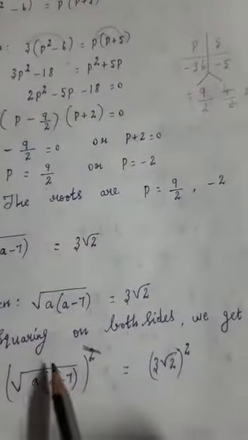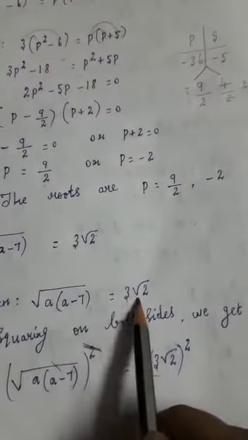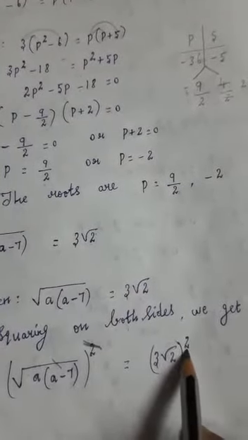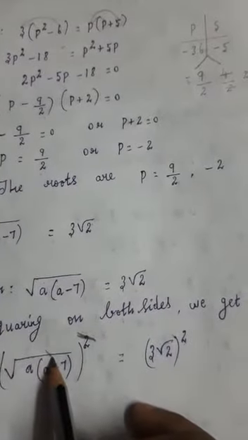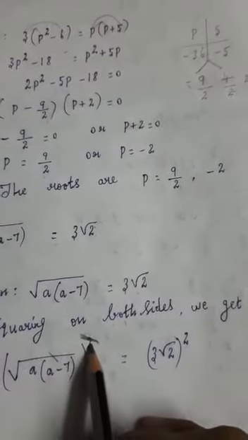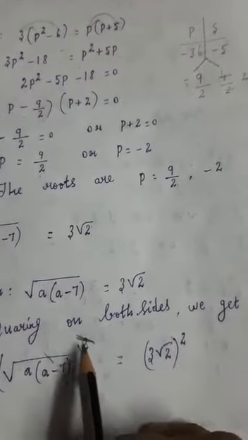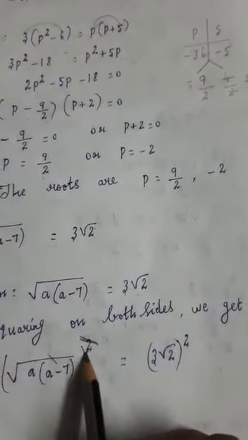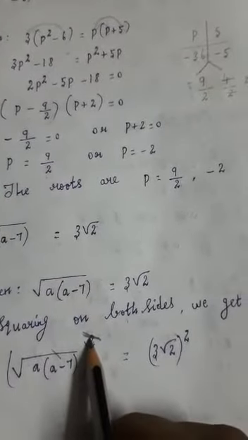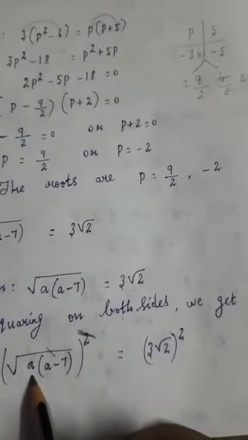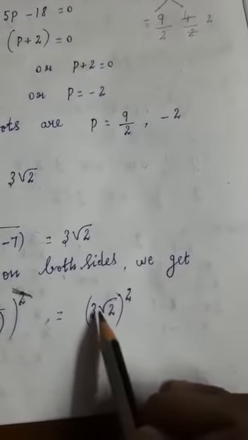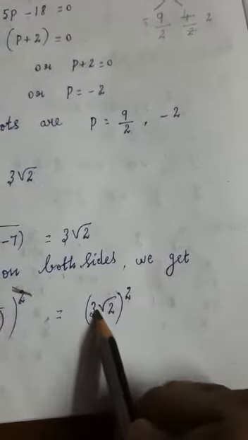Okay, so now this side we make the square, and the right hand side also you have to make the square. So now see here, the square root and the square will cancel. Okay, so if you remove this square root, 1 by 2 will come. So 1 by 2 into 2 will cancel. Like that only we are cancelling. So now the square root and square you can cancel. So the remaining part that will come is a into a minus 1 is equal to, this is two things, the 3 into root 2. Okay, so two parts you have.